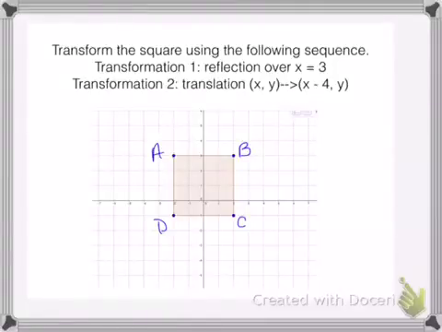All right, this station's reviewing sequences of transformations. So the first question wants us to transform the square using the following sequence. The first transformation is reflecting over the line x equals 3. So be sure that you draw your line at x equals 3,